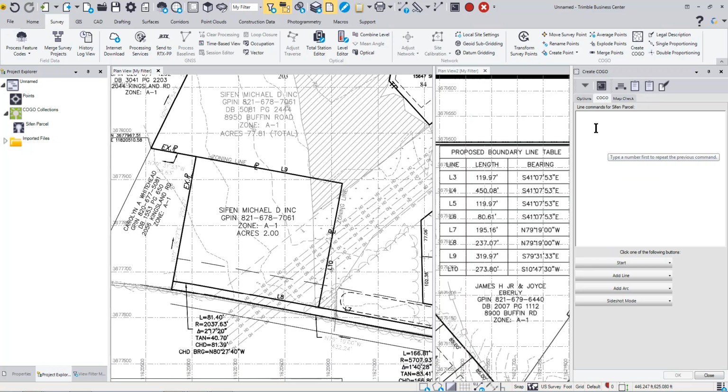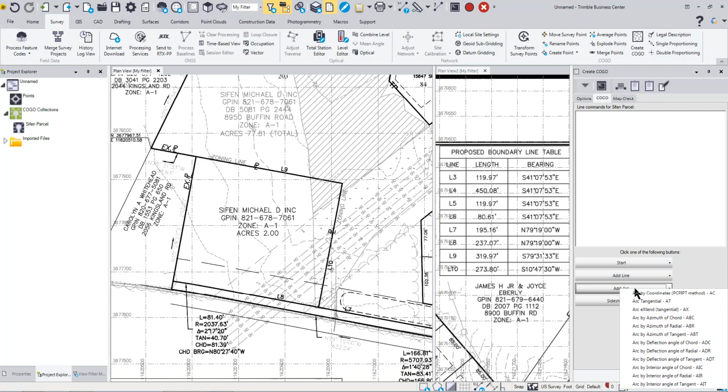your data. So you would enter in using certain codes. To start, you can use a start coordinate, a start point, or a start by offset, and SC is the code and SP is the code. And then once you do that, you would put in a line by bearing or by coordinate or other option. You can also use arcs, a lot of different methods for arcs, and even a side shot